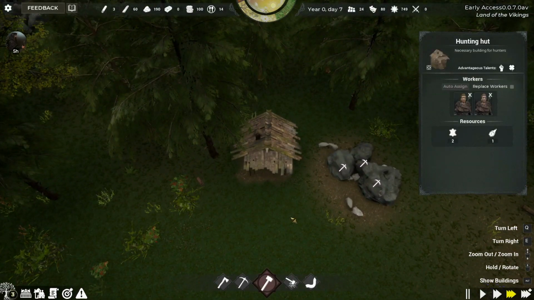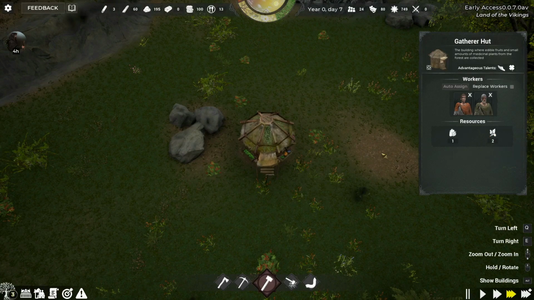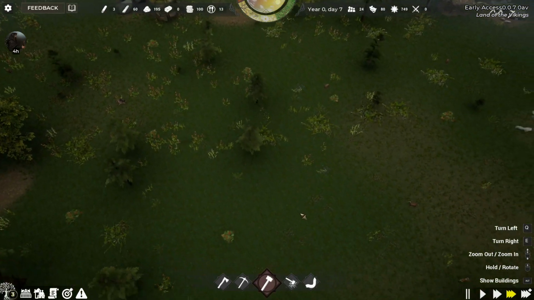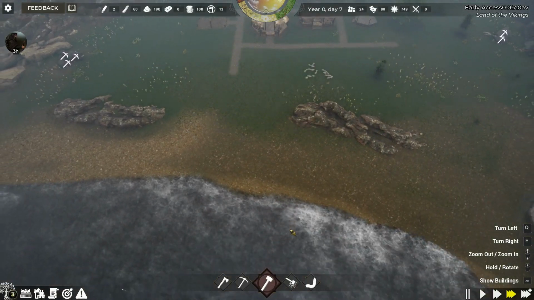Let me see. Ah, we got some meat. We got some hides. Do we get some fruits here? Yes, and some medicine. Very good. So yeah, we already have 13 meals. That's very nice. Alright, the newcomers are about to arrive. I wonder, will they come by ship or...